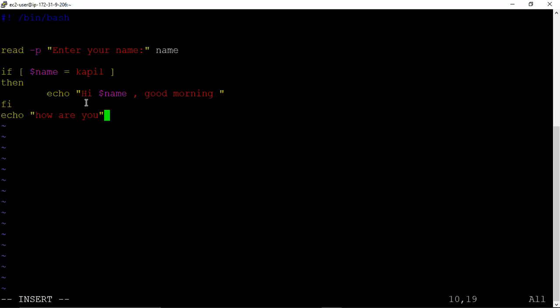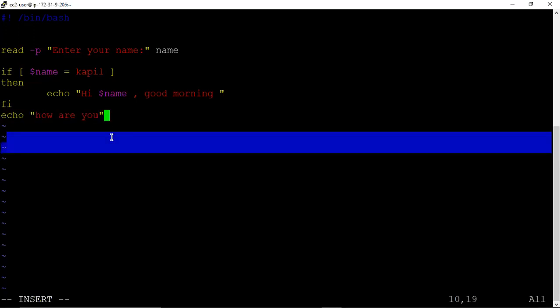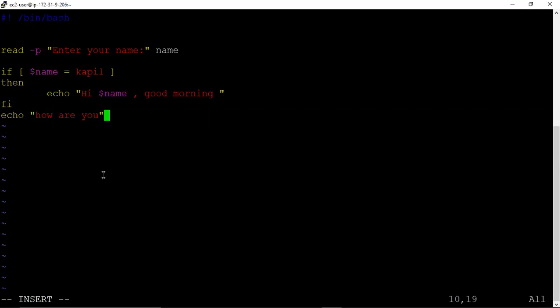For that, whenever you study one command, run it on the terminal, and with the help of a script also try to run the same command. So here we are running two commands. Now let us see, this fi is over, so the statement is over, so this is always executed. Let us first save this.